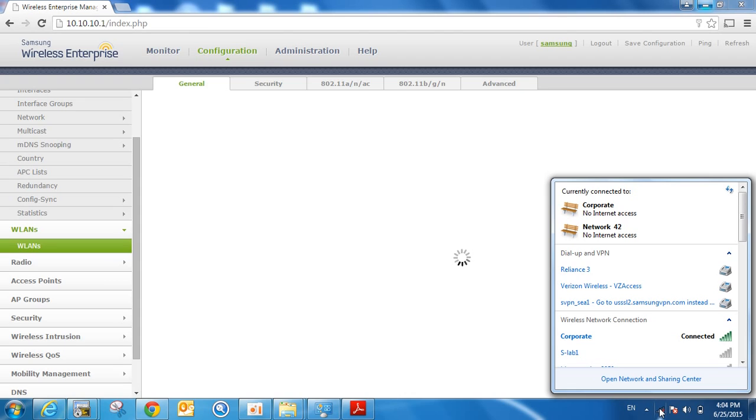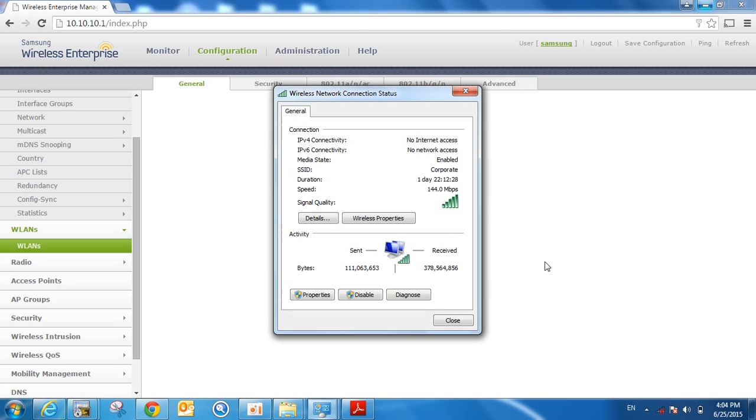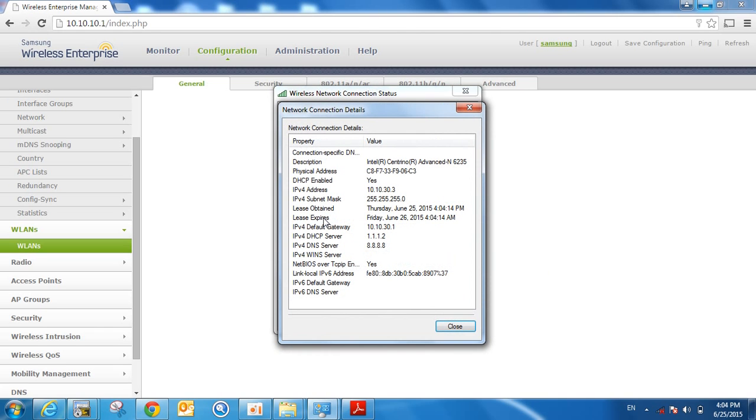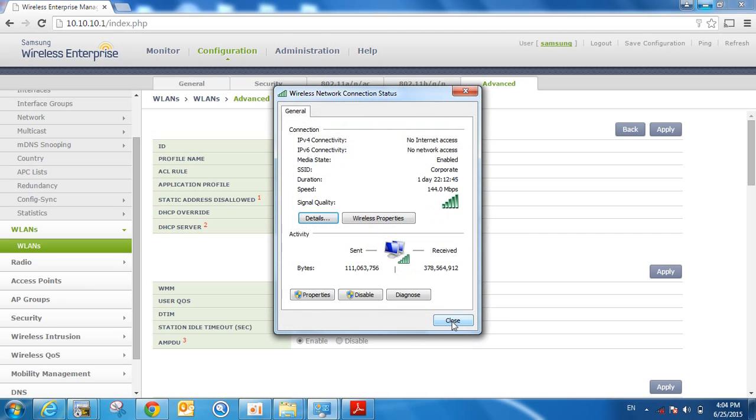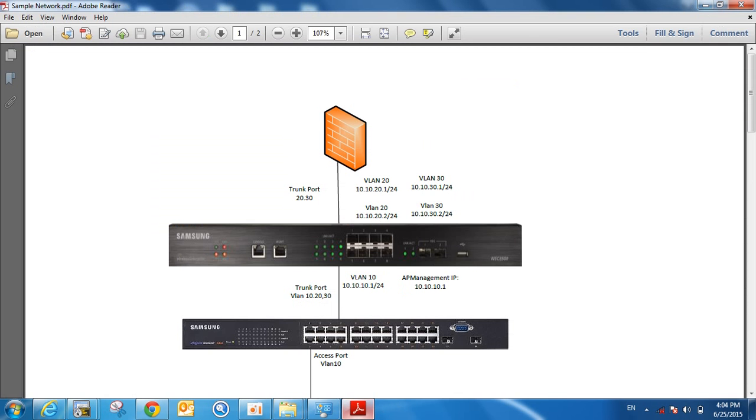Alright, so it seems like that was the problem and now I am connected. So let me make sure that I got the right address here. Status details. Alright, so I got the address 10.10.30.3 and the default gateway is 10.10.30.1 and these are the DNS servers that I used. So it seems like our configuration did work and the device actually got an IP address